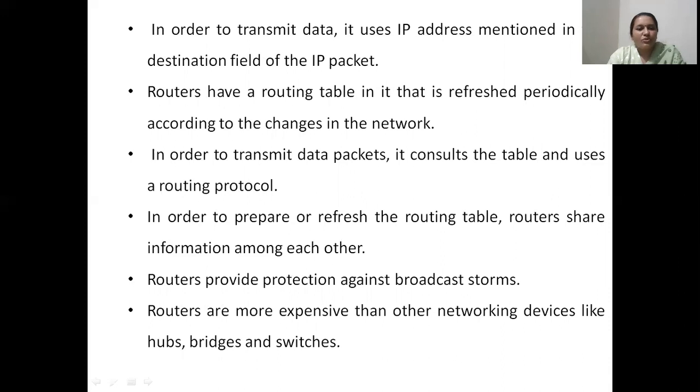To prepare and refresh the routing table, the routers share information among each other. Whatever routers are present on the network, they keep sharing information between each other so that they can keep their routing tables up to date. So they can exclude all those routes which are currently damaged or unusable, or overloaded. In a timely manner, if one router identifies some extraordinary condition in the network, it doesn't keep that information for itself, it will share it with all other routers in the network. Hence, all routers will contain up-to-date information of all the working paths and working nodes in the network.